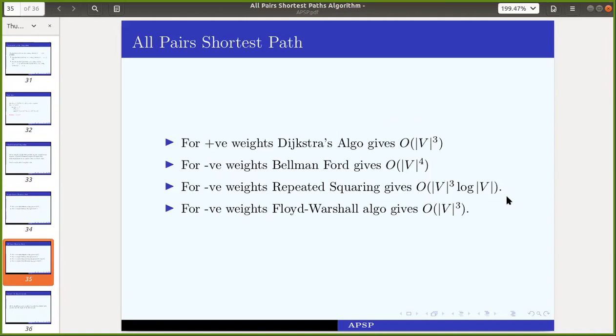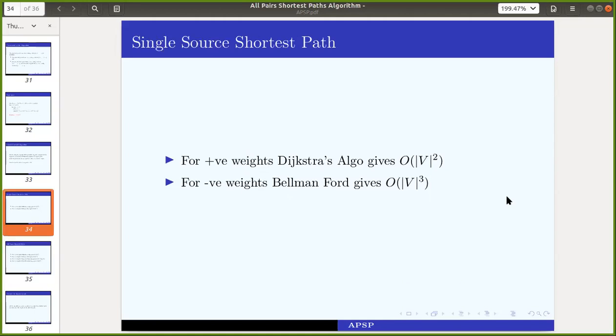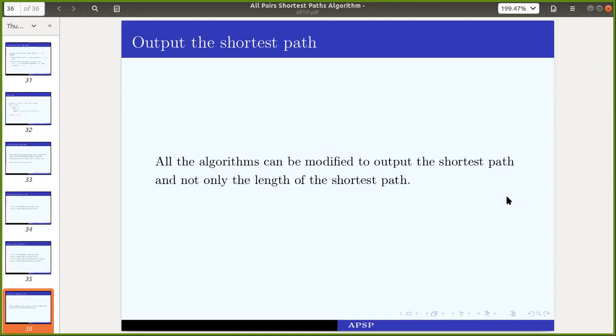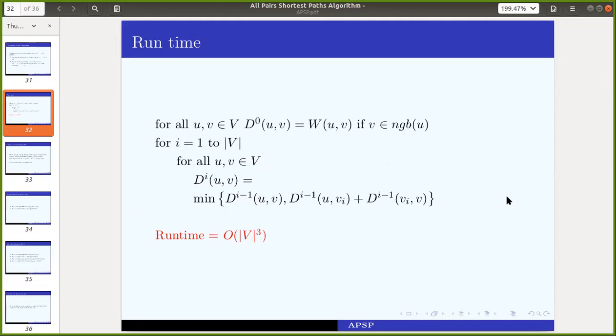And there are other ways, such as repeated squaring, like repeated Bellman-Ford, that takes V to the power 4, and for the other it is order of V square. So your doubt is not here, if I understand it correctly, right?